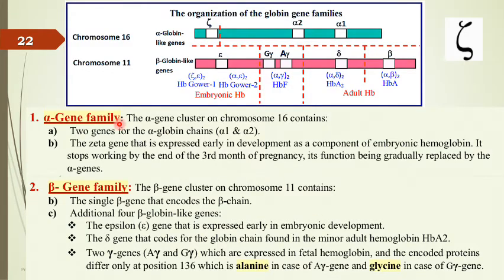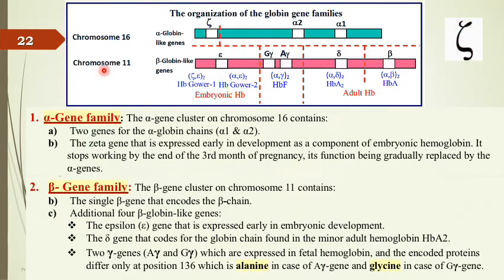This is the gene family, because we have the alpha gene family of genes and the beta gene family. As we said, we have 2 alpha chains, 2 beta polypeptide chains of hemoglobin. The alpha chain is found in chromosome number 16. It contains 3 genes, alpha 1, alpha 2. They differ from each other by certain amino acid sequence. And the zeta, which forms the embryonic hemoglobin, the zeta looks like the letter E. The letter E looks like this shape, okay?